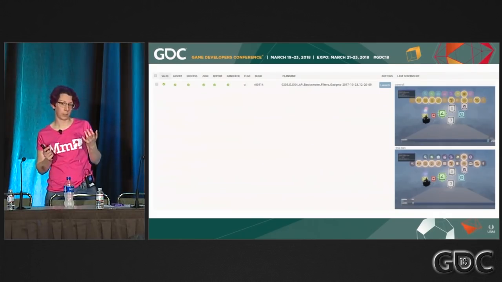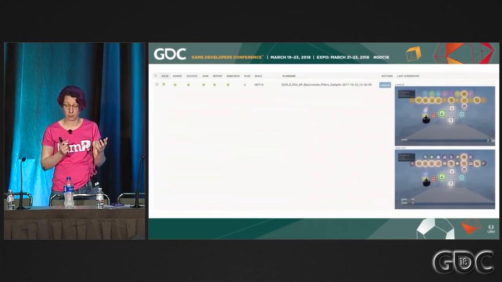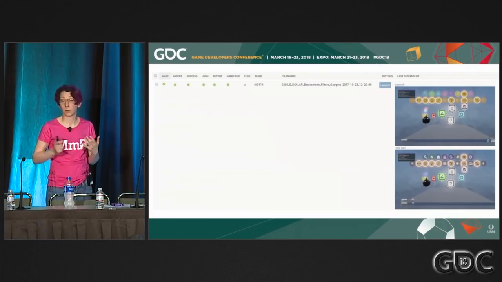So our first attempt at trying to detect this was dumping out the game state as JSON at the end, and then doing a diff. We'd have a control run where someone had watched the replay and said, yes, it's doing the right thing, and we would store the JSON game state after that.